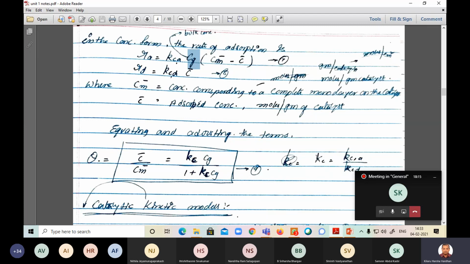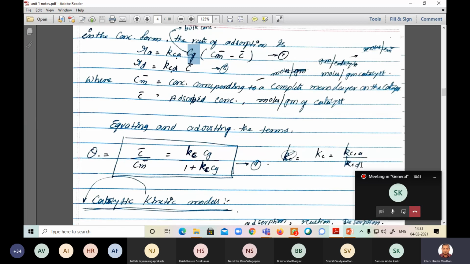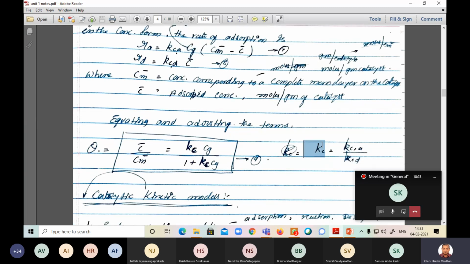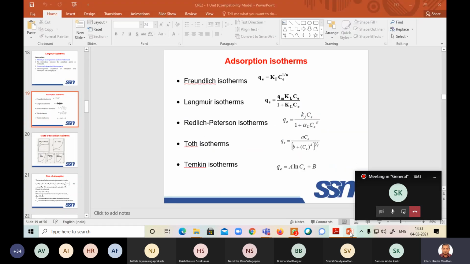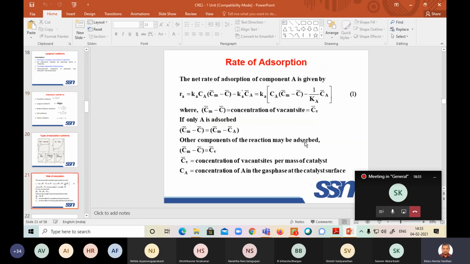If you put Kc as here, because there is small kca and kcd, if you put one over the other, kca by kcd as capital Kc, then you are getting this particular equation. Am I right? This is the same equation what you are going to get in this. Now, Ra, the net rate of adsorption